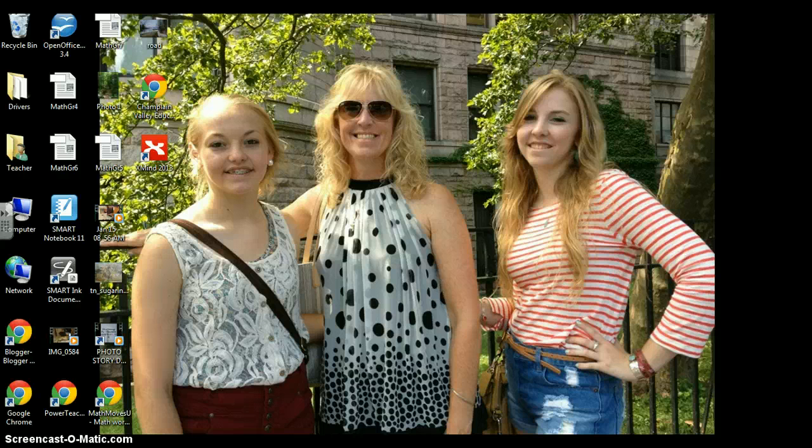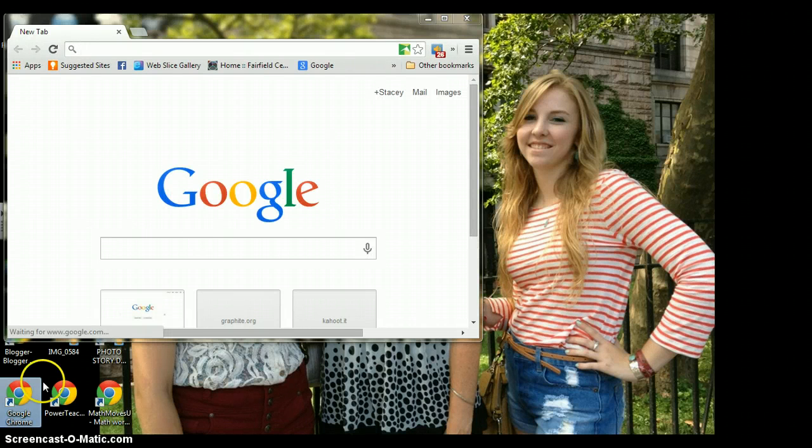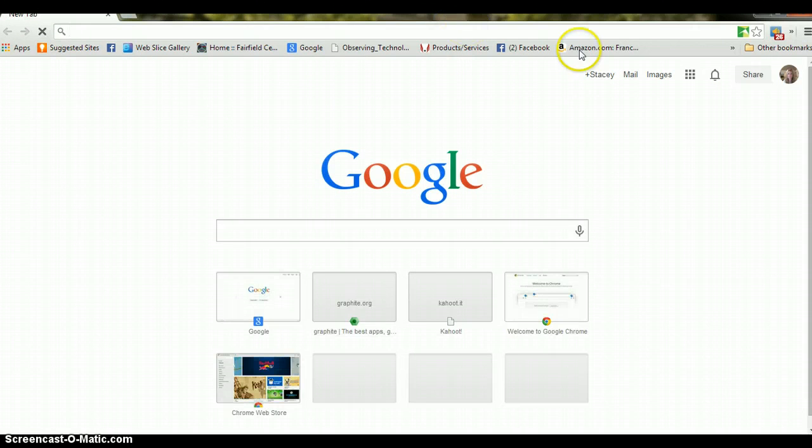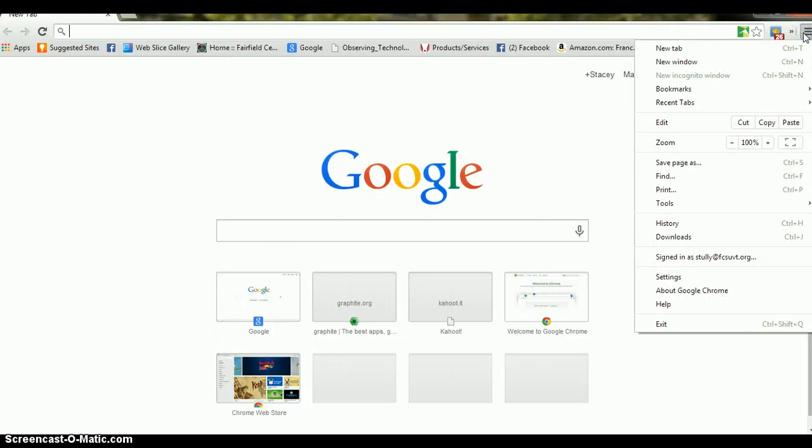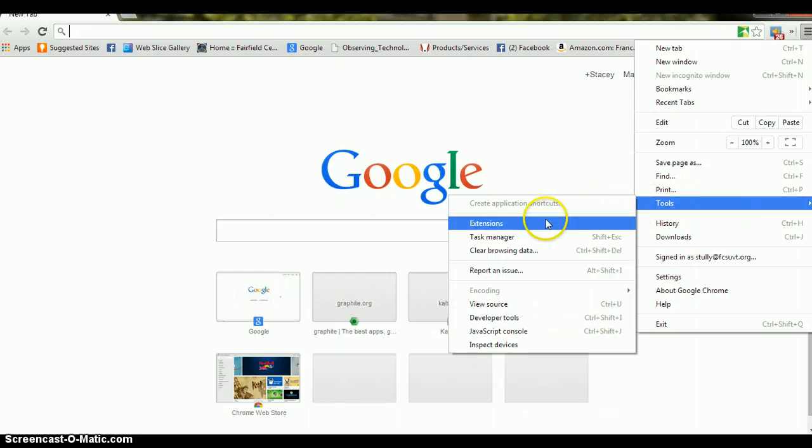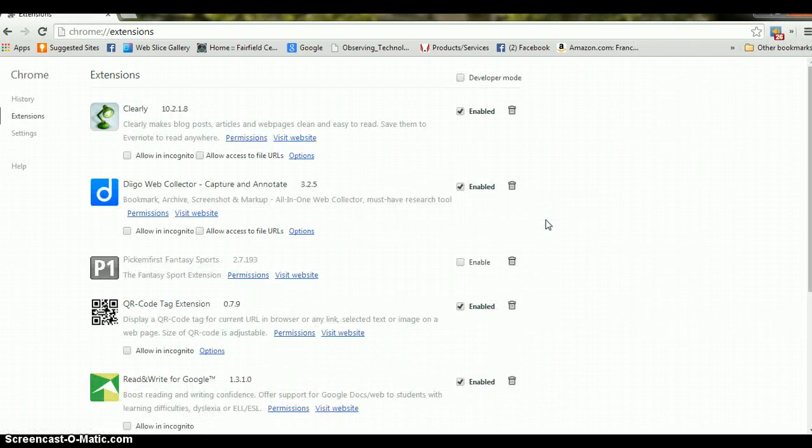So what I'm going to do first is open up Google Chrome, and you'll see that the browser will open. And I'm going to open my screen. I'm signed in to Google. I'm going to go over to the upper right hand corner where these bars are, and you will see that you can go to the tools, over to extensions, and this is where you're going